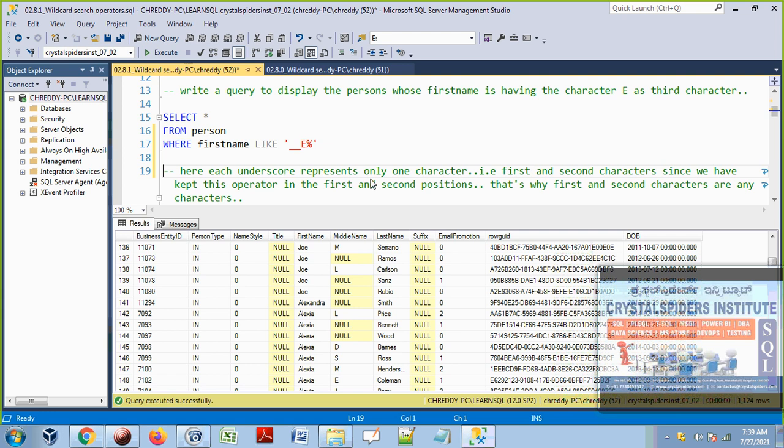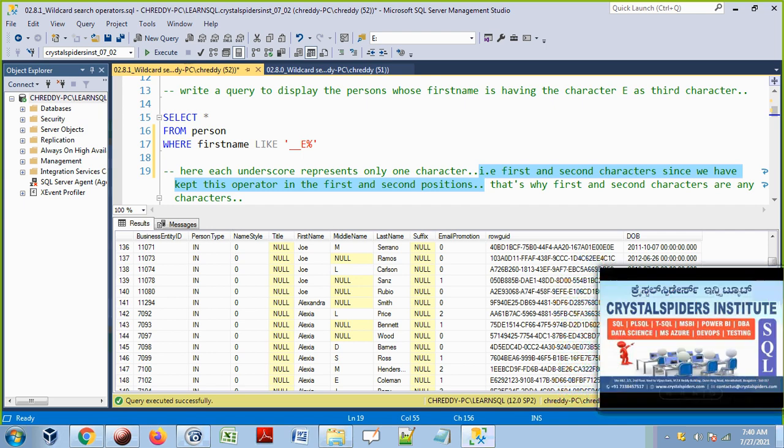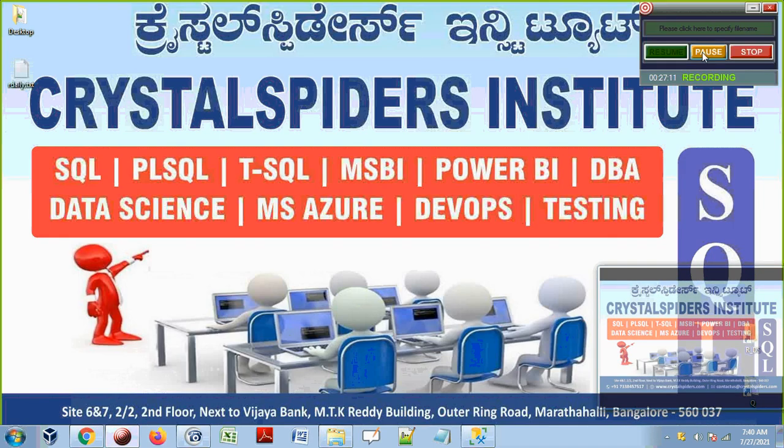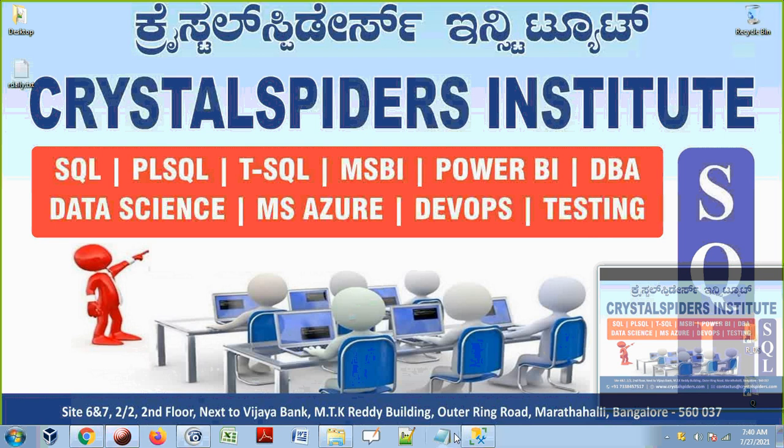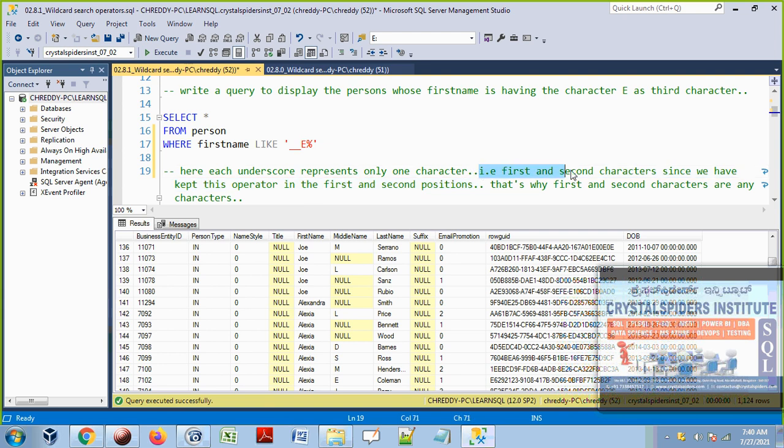Here each underscore represents only one character. So we have mentioned two underscores. The first and second characters, since we have kept this operator in the first and second positions. So these are two underscores we mentioned, first position one underscore and second position another underscore.